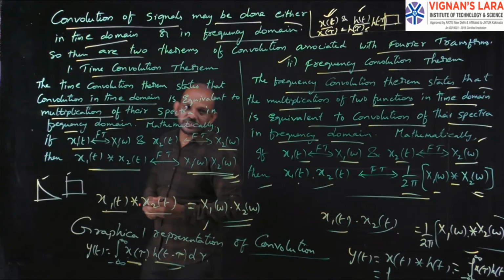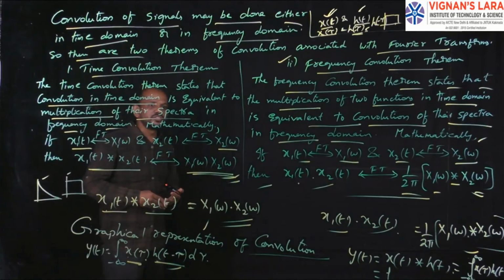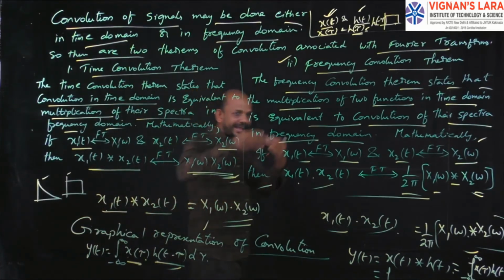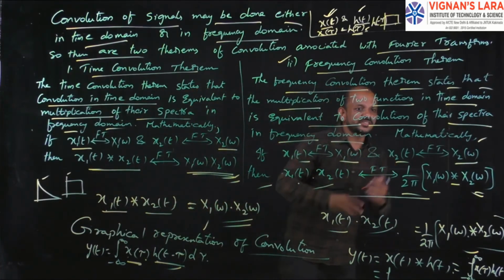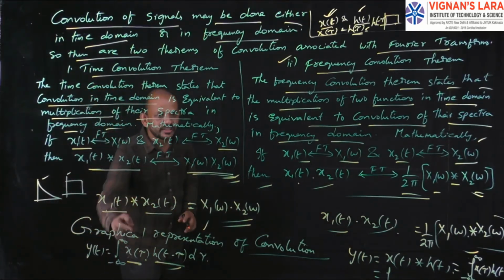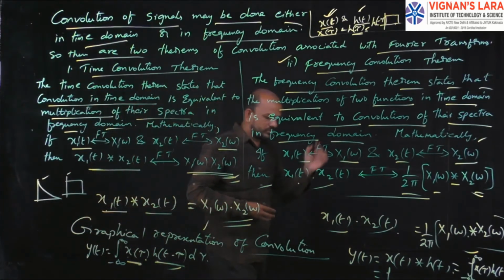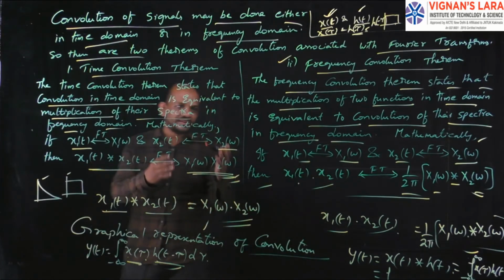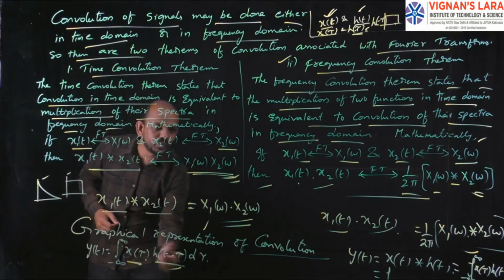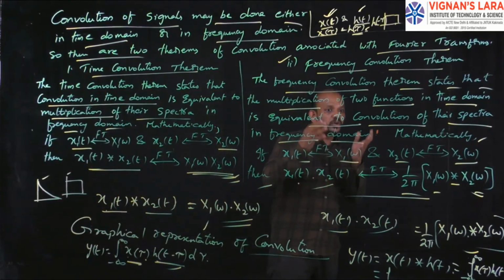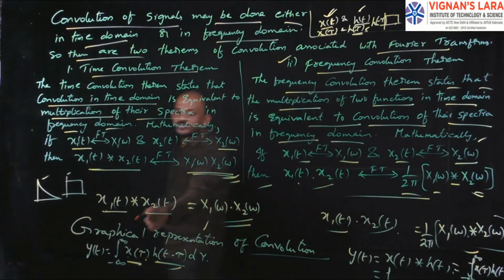I already explained how to multiply two signals. So these two signals are multiplied with respect to the time instance. Go for the multiplication of these two with respect to their respective time instances. Here you have to get the limits of the integration, because after that you have to perform the integration. The limits of the integration will be governed by the combined region of these two signals. In the diagram you get the combined region of those two signals, and that combined region will be the limits of the integration.